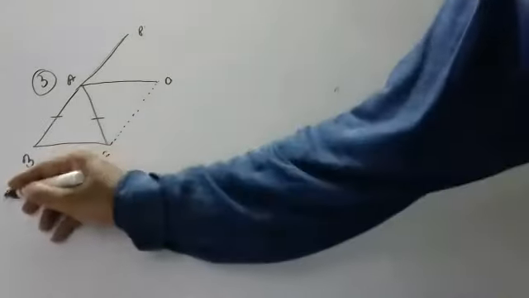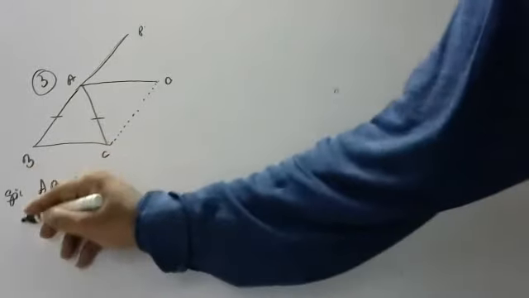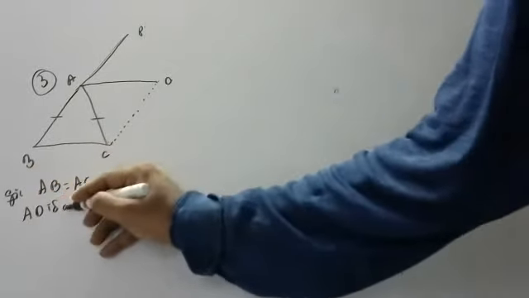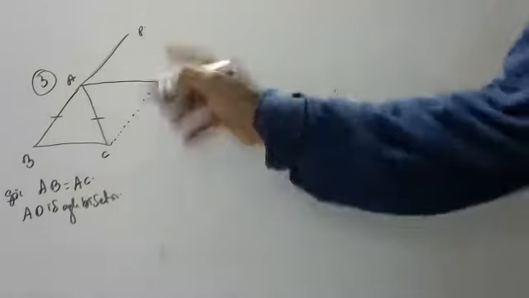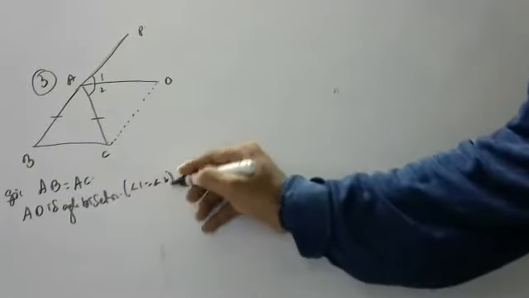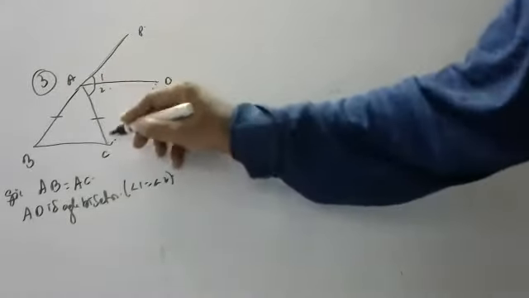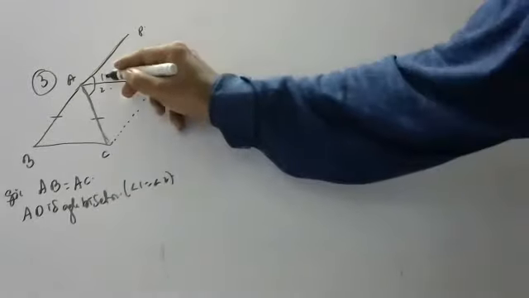Okay, so what is given? AB is equal to AC. What is the other one? AD is the angle bisector. Angle bisector means angle 1 is equal to angle 2. This angle bisector means AD is dividing this entire angle, children. This entire angle is divided. AD is the angle bisector, so this and this are equal. Angle 1 is equal to angle 2. They have given this.